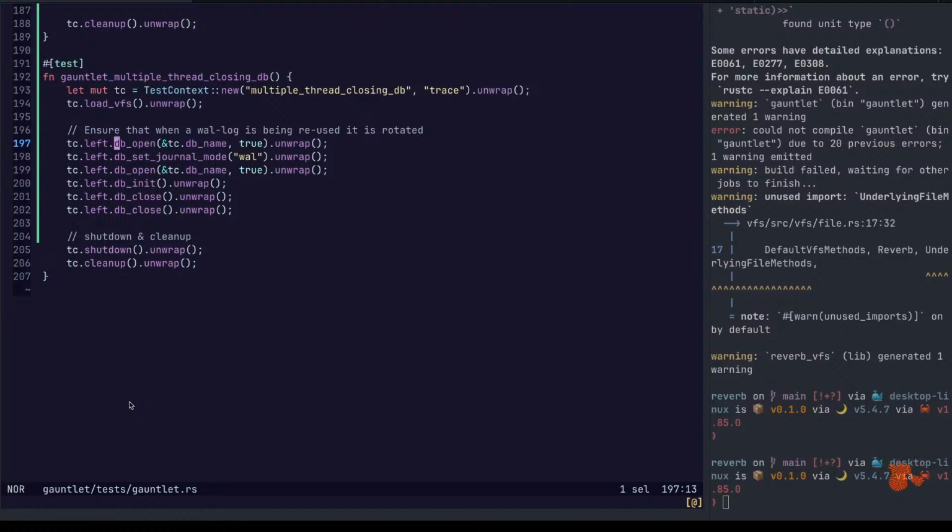I want left process thread 1 db open to send a message. And in this case, we would have to,